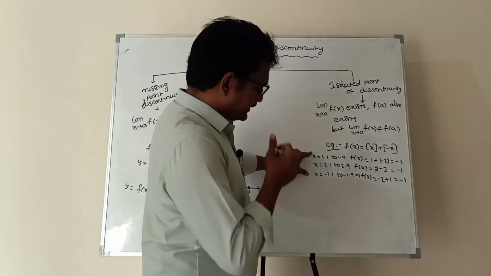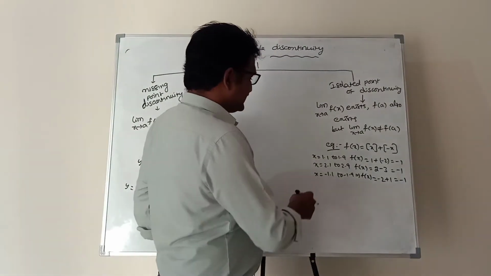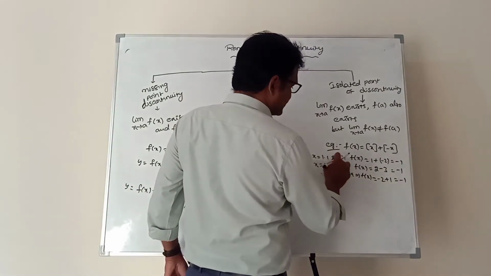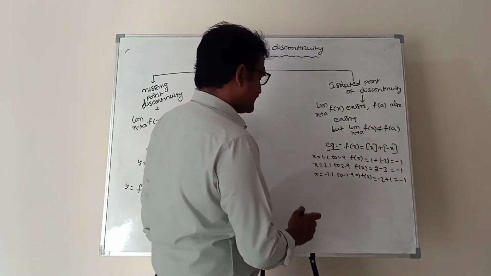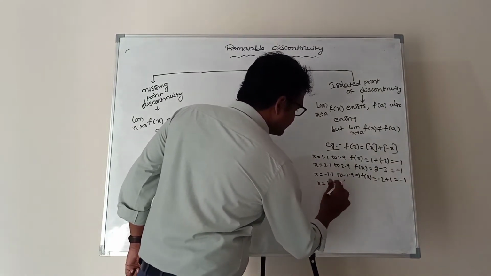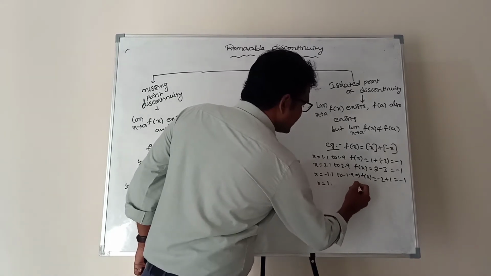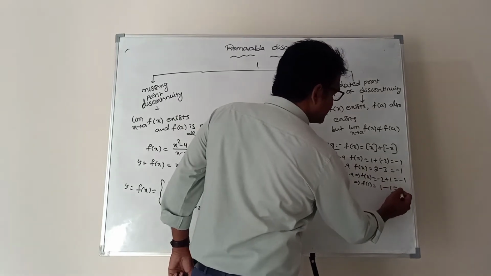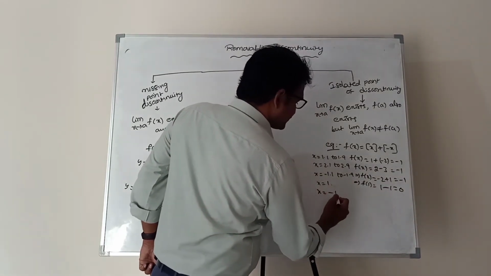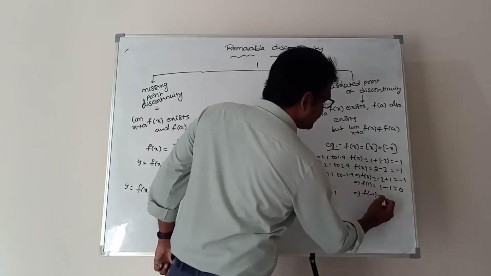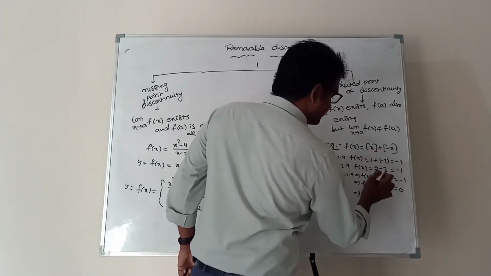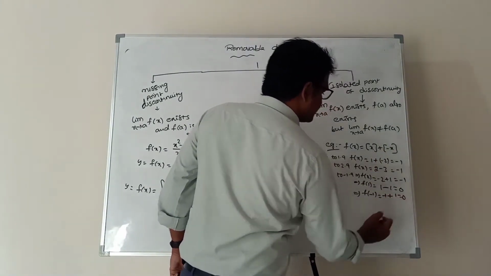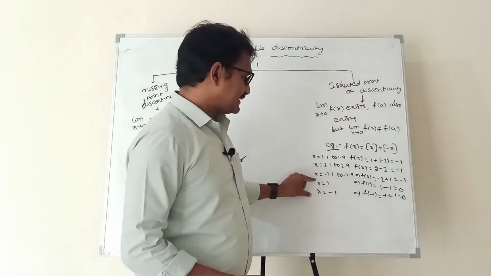So between two integers, whatever value I give, integer plus fractional, how much are you getting? -1. Suppose I give x = 1, then what is f(1)? Step of 1 is 1, plus step of -1 is -1, that means 0. If I give -1, f(-1) is step of -1, which is -1, plus step of 1, which is 1, that means 0. That means at integers you are getting 0.